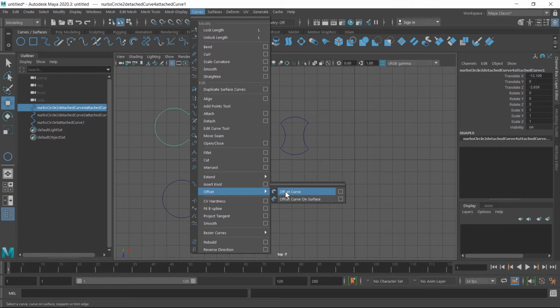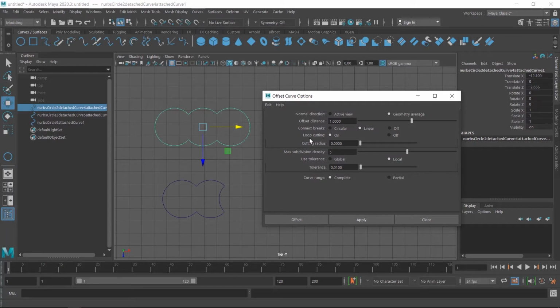Two types of offset tool are available here. Click on the first offset tool or this setting button. These are the default settings of this tool, or you can also reset these settings. The main setting is offset distance. If the value is a positive number, the offset shape is created inside this shape, and if the value is a negative number, the shape is always created outside this shape.